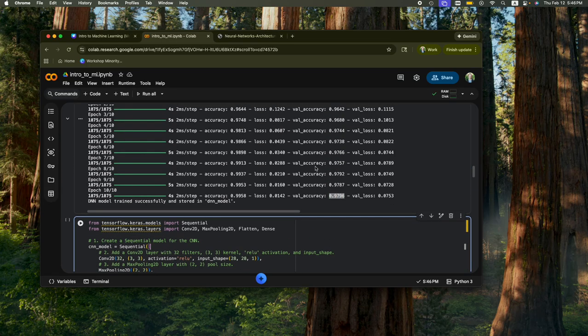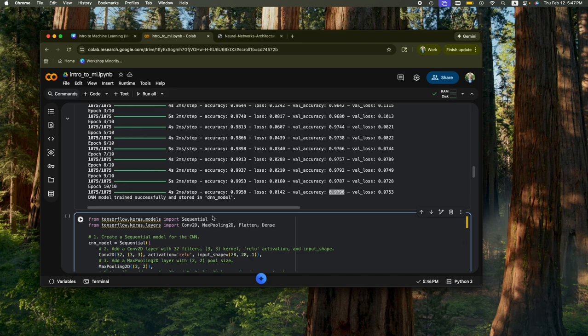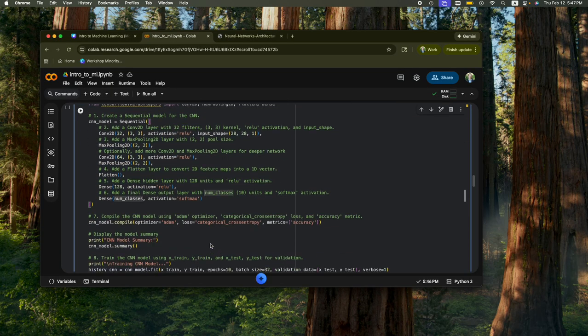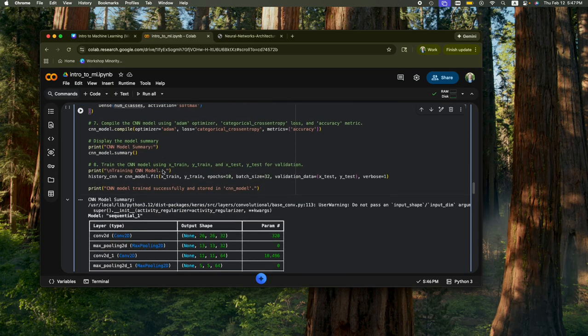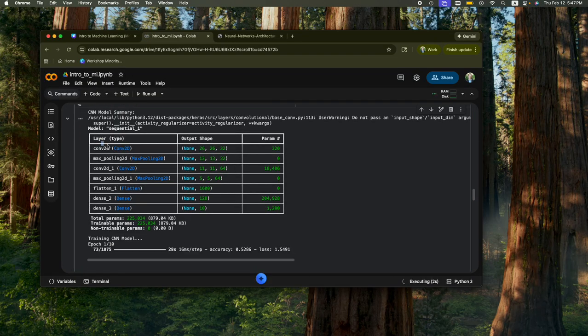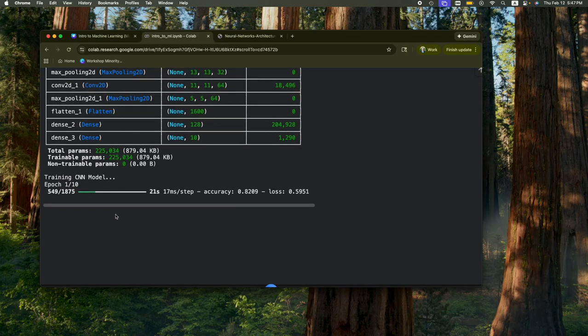To show you that different types of architectures are better for different types of data, we're going to be using something called a convolutional neural network, or a CNN, which I don't know if you guys have heard of. It's legit the same thing: a sequential convolution and a few other layers, and we pass it through the model here. It's genuinely the same thing, except we're performing a little more computations. So you can see here, this is the summary of how data will flow through your model. And now you can see it's training, the CNN model.